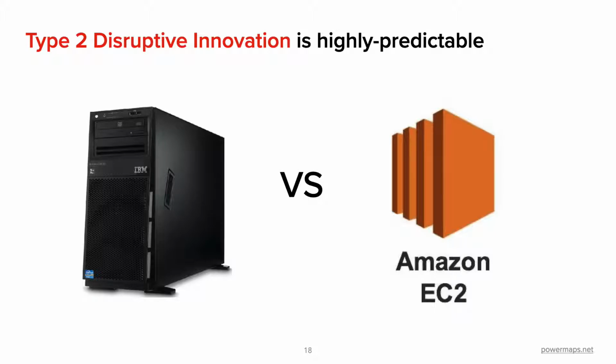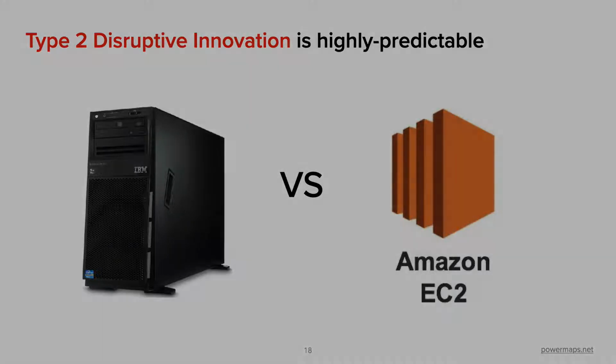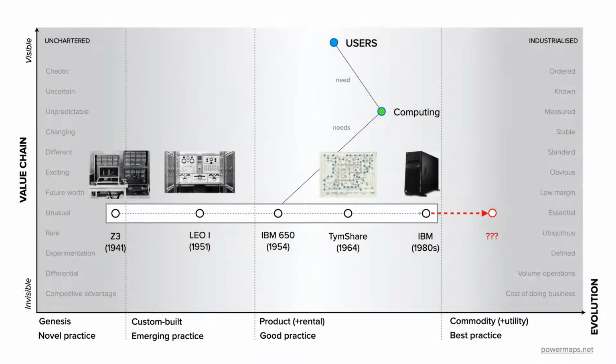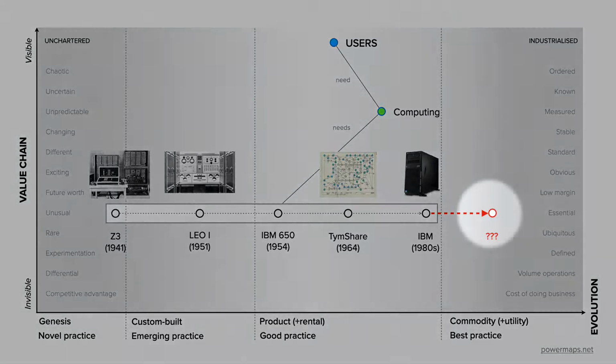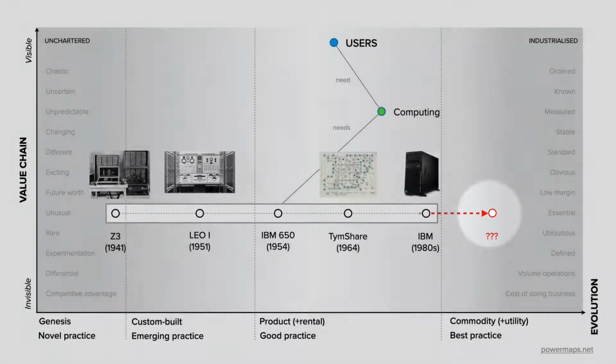In 2006, Amazon launched EC2, in other words, cloud computing, which would go on to disrupt the entire computer industry. Like phones, computing has also evolved from the earliest computers through to the commodity-like servers IBM was selling at the turn of the century. But a mature product isn't the end of the evolution journey. Something comes after that disrupts the entire industry, as Amazon did with cloud computing.